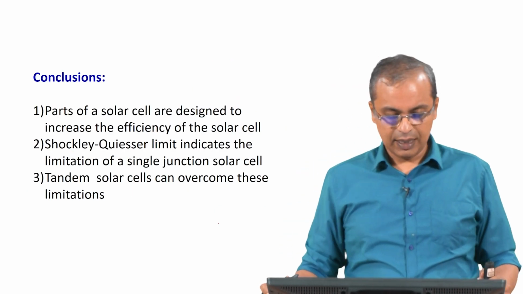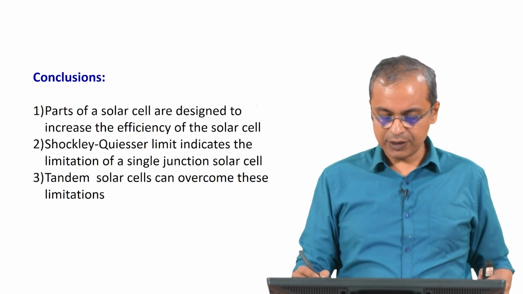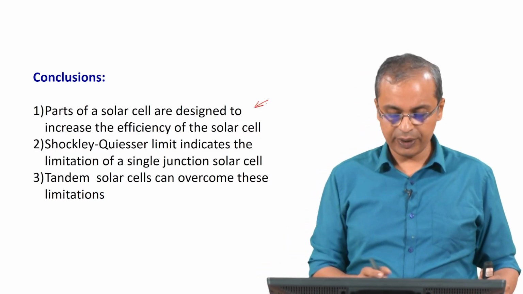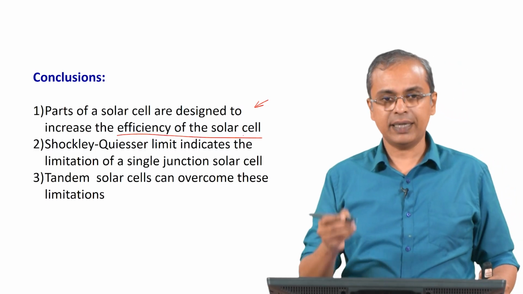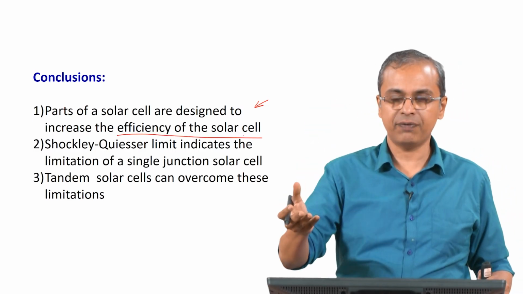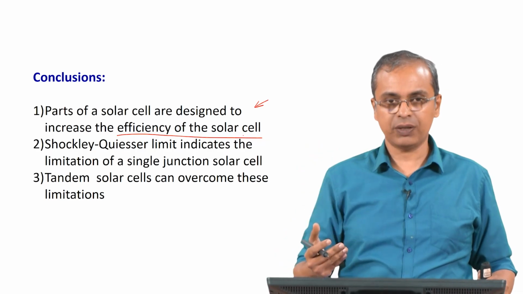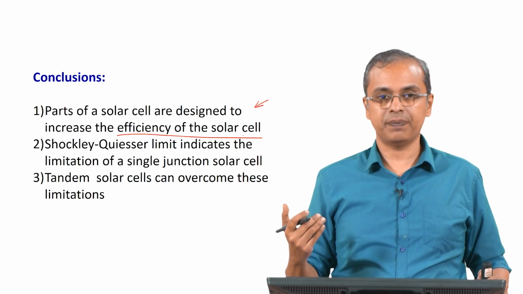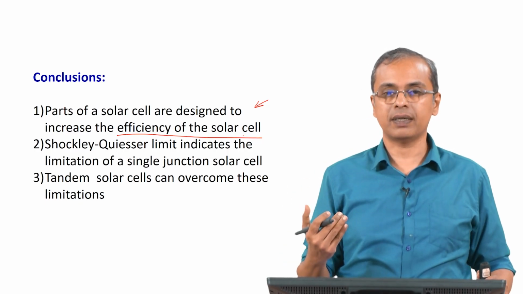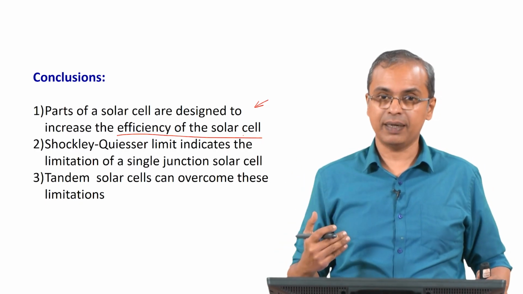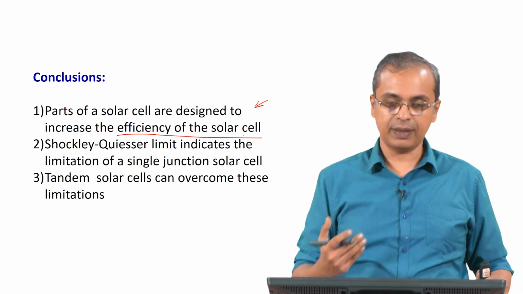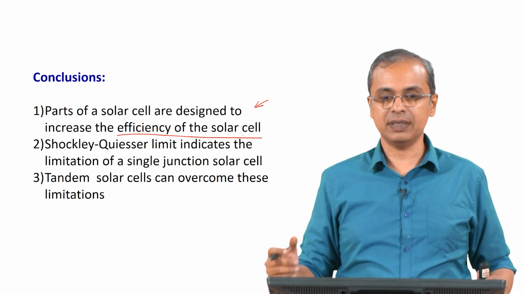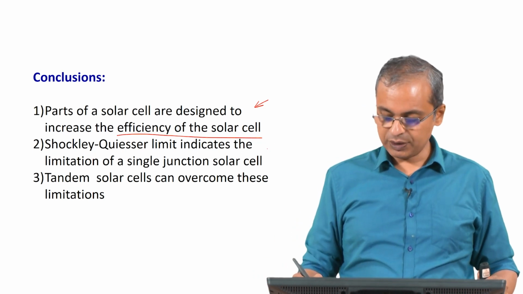So, in conclusion, we saw that there are various parts to a solar cell, and these parts are designed as you may expect to increase the efficiency of the solar cell. So, that includes everything from having an anti-reflective coating, having finger electrodes, having a backing layer, and if it is a thin film based amorphous film based solar cell, then you have the backing layer also being a reflective layer to reflect back some of the sunlight, so that you can improve the efficiency with which the sunlight is captured. We also saw the